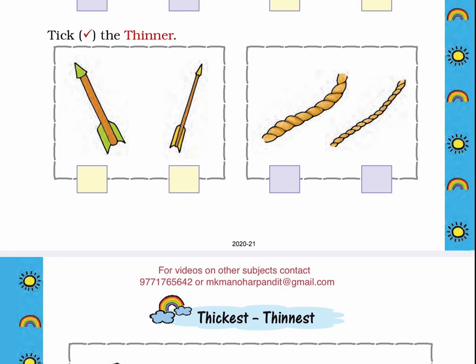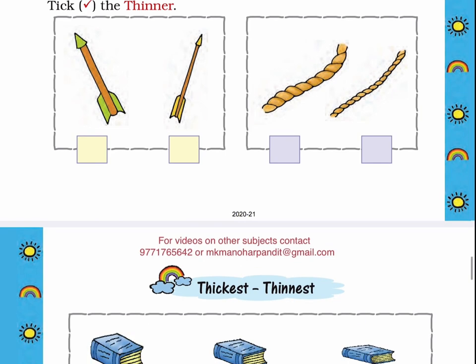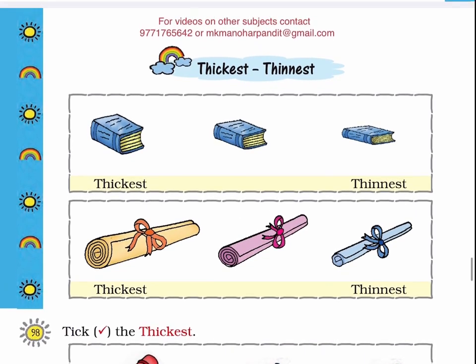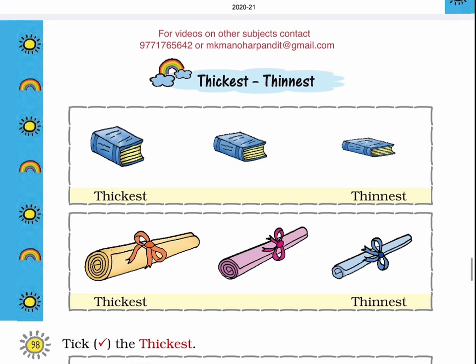You were just listening to this chapter. CIET NCERT presents audiobook MathMagic 1, Textbook in Mathematics for Class 1. Chapter 7 Measurement, Part 2. Page 98. Thickest